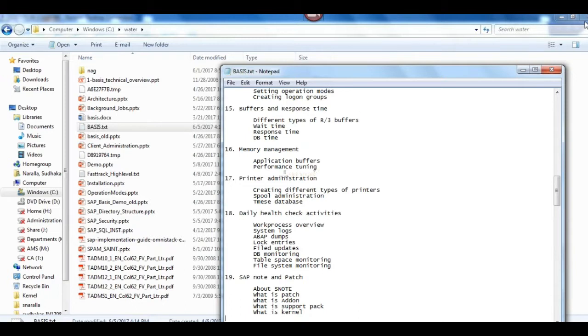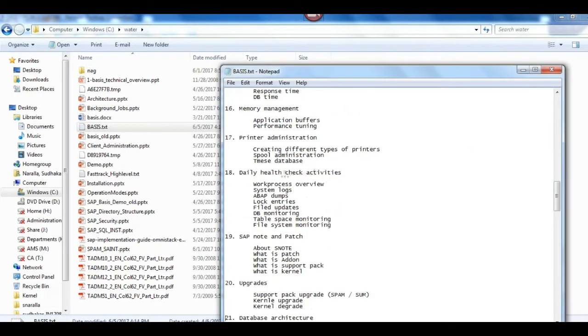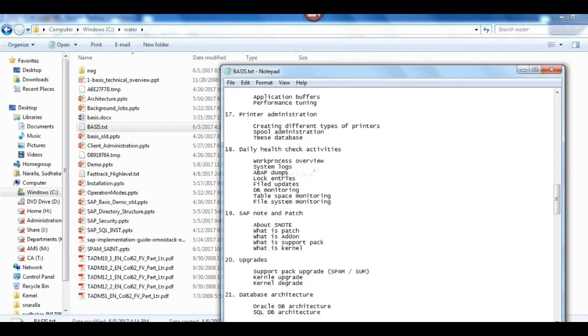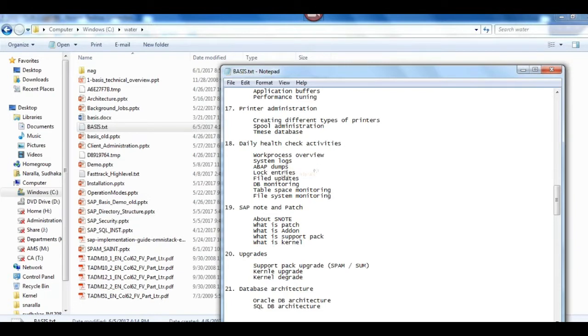Not exactly. Any idea, Bala? Why we need to create operation modes? Operation mode is day mode and night mode like that we will create. Yeah. What is the use? And why we need to create operation modes? When there is